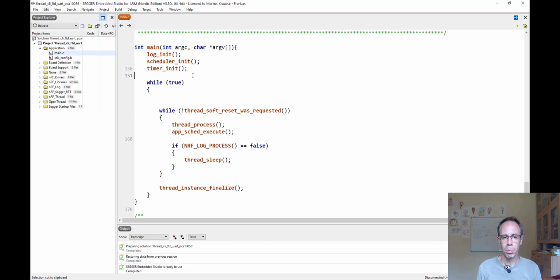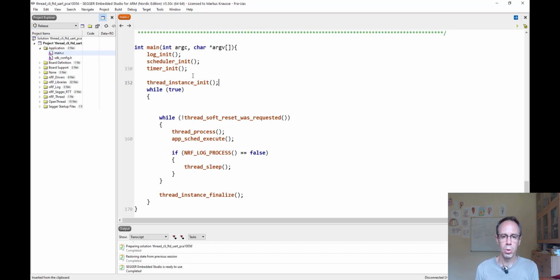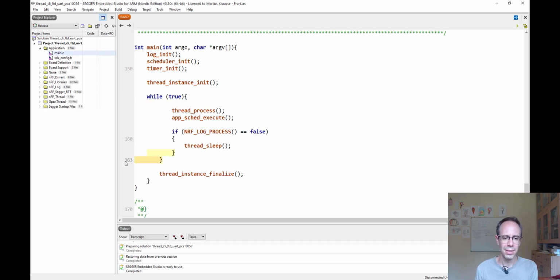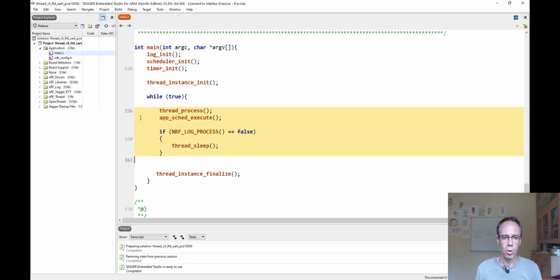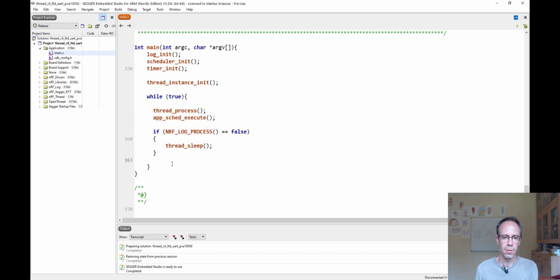The thread instant init we put in the front because I want to delete one of the while loops so that it's more clear, because we don't want to implement a reset button. It's not really interesting. And when I delete this all, you see it's looking already a little bit more clear. So finalize we also don't need. So then we're having only left the thread process in the infinite while loop and the